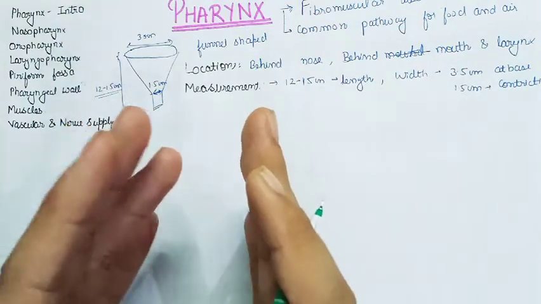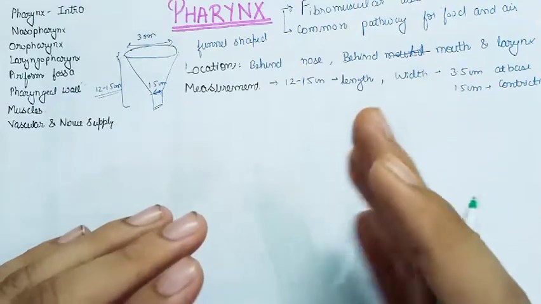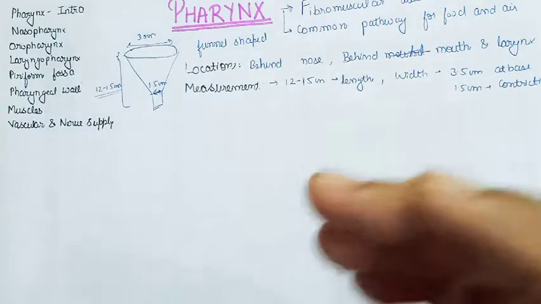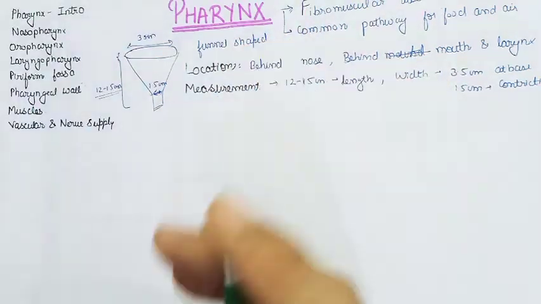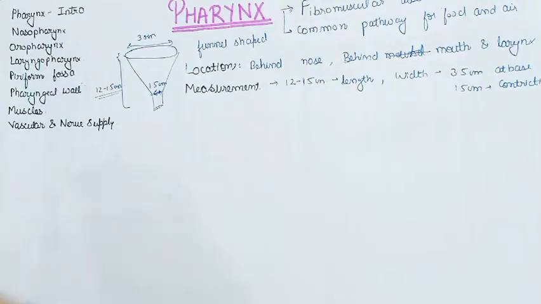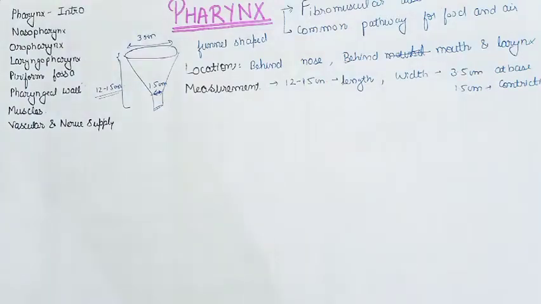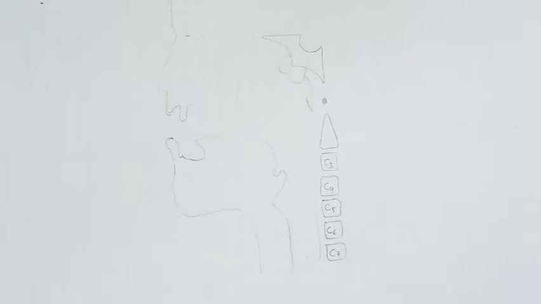Now the next topic we discuss is the boundaries. Before discussing boundaries, we will draw a diagram that will clearly help us imagine the pharynx and its different boundaries, including the three subdivisions, the nasopharynx, oropharynx and the laryngopharynx. Let us discuss the diagram first, then we'll discuss the boundaries of the pharynx. This is the outline of the diagram that I was talking about. Let's add some more detail to the diagram and look at all the constituents of this diagram.